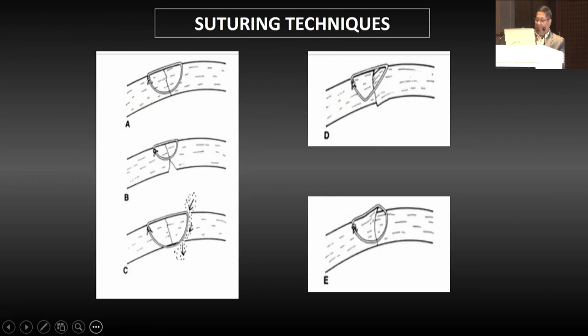Coming to this schematic diagram, picture A shows the normal suturing, with a good depth and symmetric suturing on both sides. Picture B shows symmetric suturing looking like it, but it is not a full thickness suture. So it is not adequate, it is a shallow suturing. Shallow suturing will lead to posterior gaping. And then the third suture, diagram C, shows you the full thickness suturing.